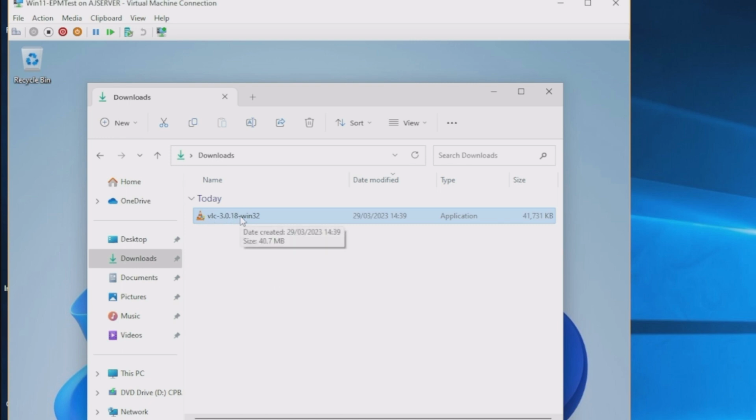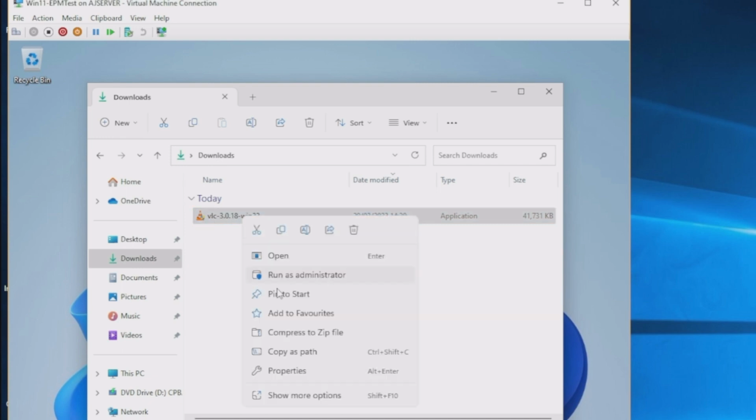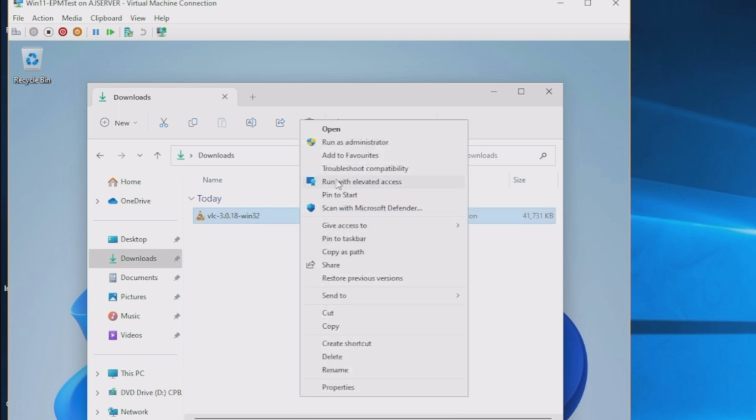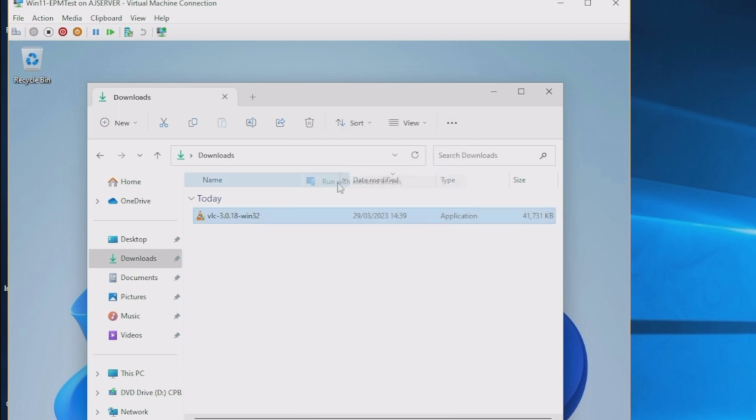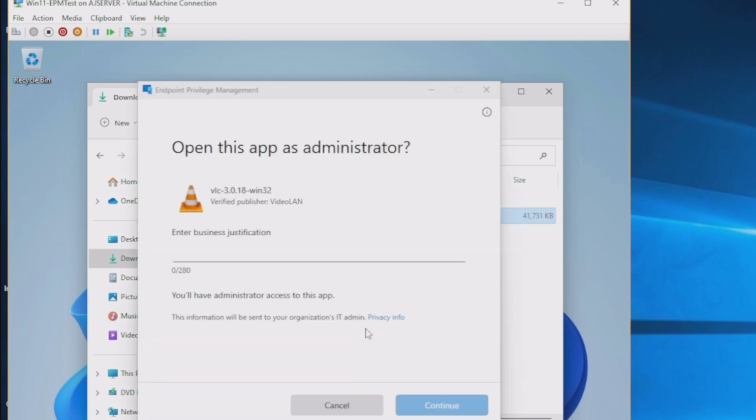As we did before, I'm going to right click this, go down to show more options, and we should see the run with elevated access. There it is. So if we click that, we're now hopefully going to be prompted for our business justification, which is what we set up in the settings policy. We can just put some text in here, put in whatever you like, and then we're going to just hit